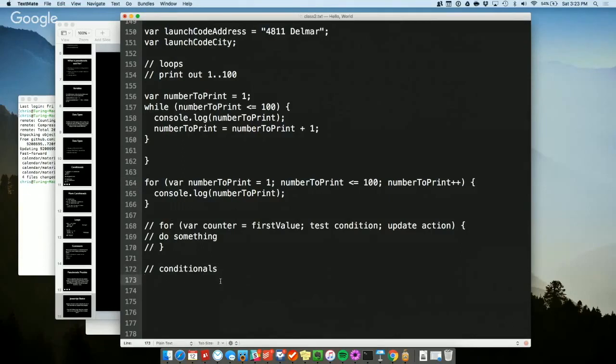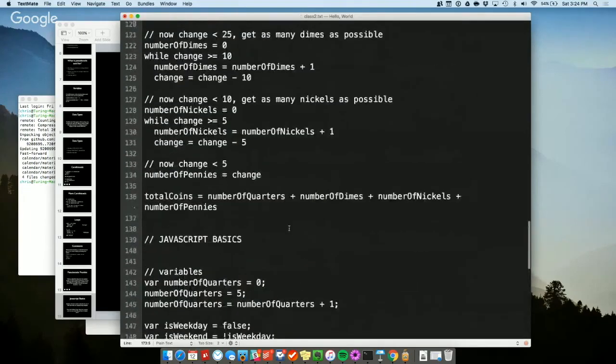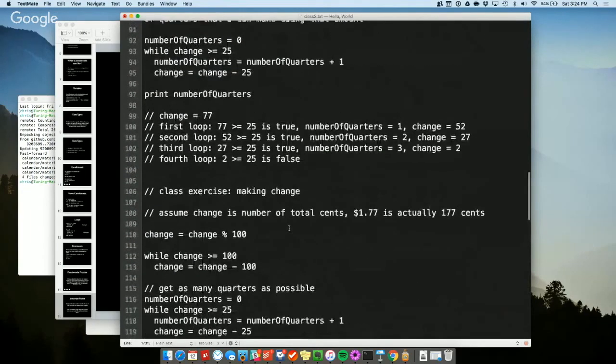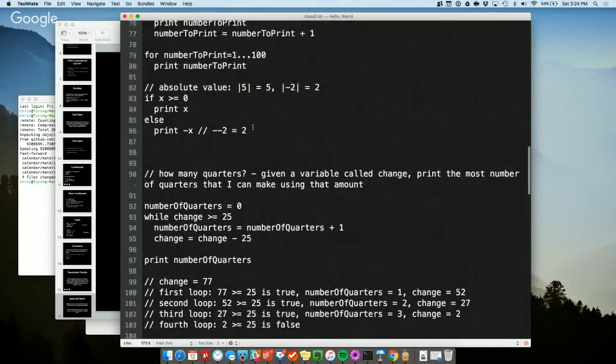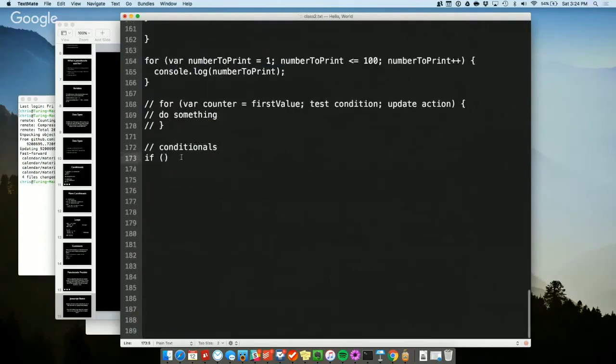Okay, so conditionals. For loops were hard in terms of going to JavaScript. Conditionals in JavaScript are going to be nicer because they're pretty similar to what we did in pseudocode. So I can say if, let's find a condition that we used before. This one. Let's translate absolute value into pseudocode. Okay. If